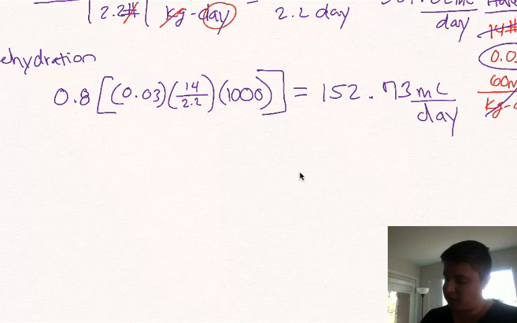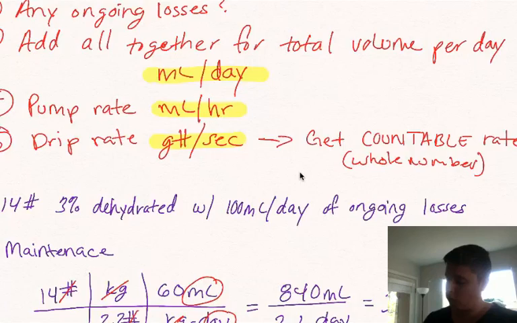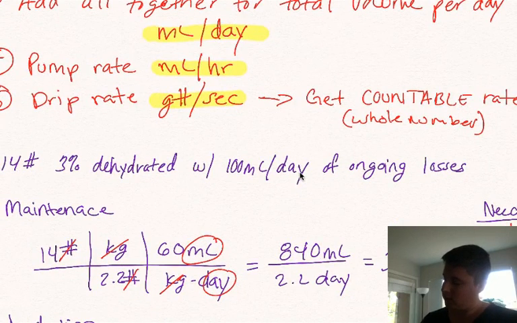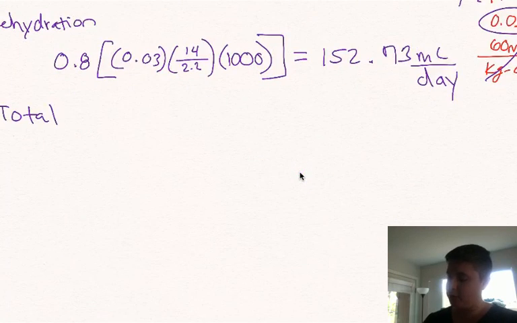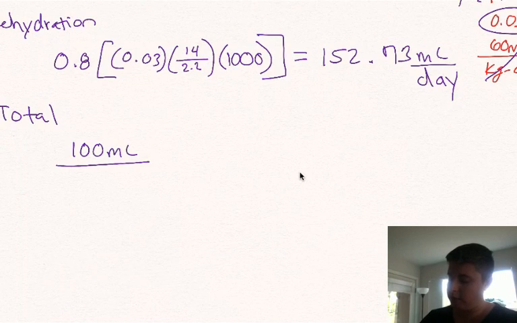All right, and so now I need total. So now I'm going to do my total volume. Remember, don't forget to go back and look: were there any ongoing losses? And yep, there sure were. There were 100 milliliters per day. So I'll make sure I add that. I'm going to put that one in first so I don't forget it. So I'm going to say 100 milliliters per day